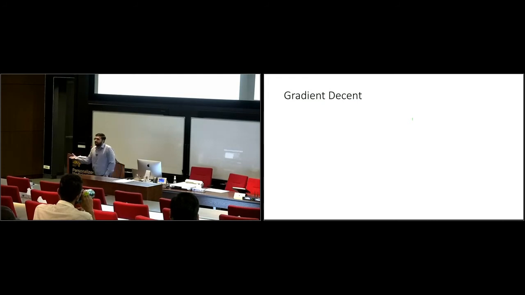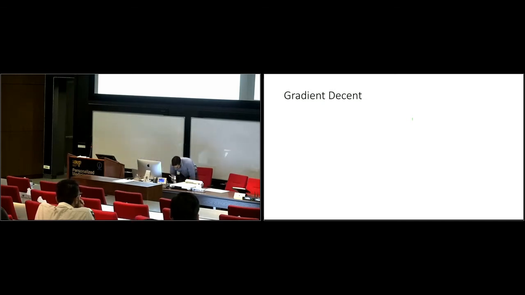But is it intuitive? Does it make sense? If you know nothing else and you want to find the minima of a function, you are at a point. You just go locally, you take the step which decreases the value of the function. That's the simplest thing you can do. If you go in the direction of increase of a function, that would not be very smart because you're trying to find the minima. So the only intuitive option, if you know nothing else, is to go in the direction where the function value is decreasing the most, right? That's it. We have done gradient descent. We don't need anything else.